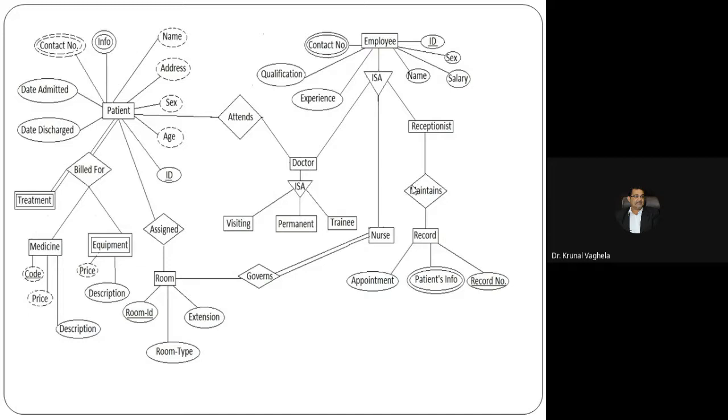So now what is your job? It is not possible to teach each and every ER diagram. There are thousands of ER diagrams. So you need to practice on your own. You can find sample diagrams on the internet also, ER diagram of bookshop or hospital management or employee management or movie theater or e-shopping or mobile commerce. There are n number of ER diagrams. Let me show you.